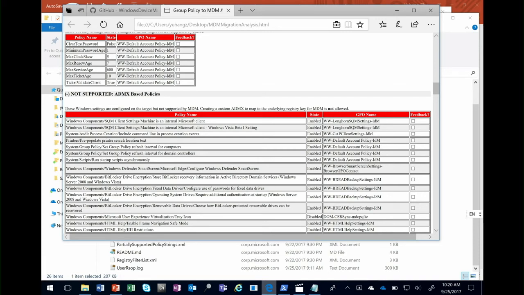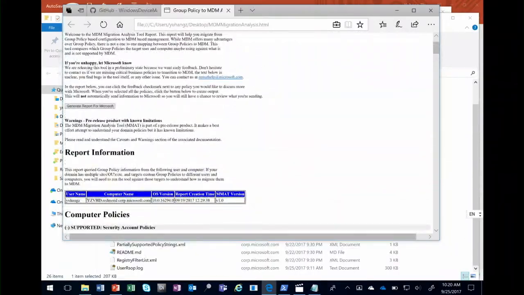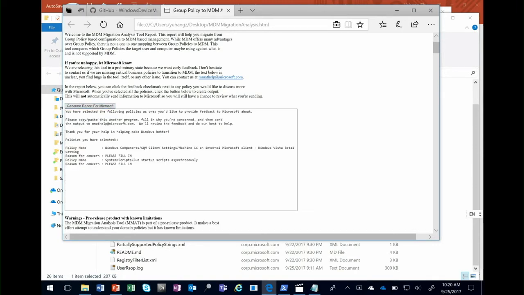But of course, if you feel a policy is critical and should work in the modern way and we do not have support, we welcome your feedback. For each policy, we added a feedback checkbox. The user can say, okay, this is a policy I think Microsoft needs to support, and this is my business related to it. Then you click the button at the beginning that says generate a report for Microsoft. It automatically retrieves what you selected, and you can add the reason for it. Please fill it in, so that you can put your justification for why this is needed, and then send it to this address,